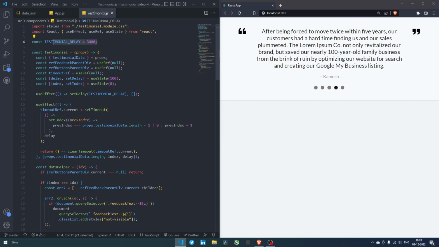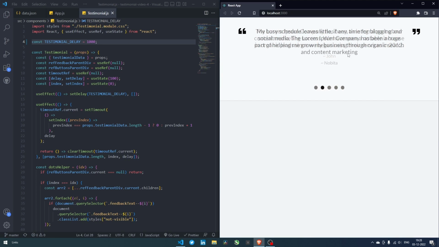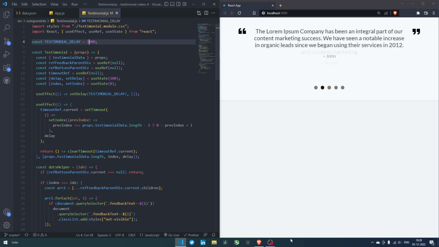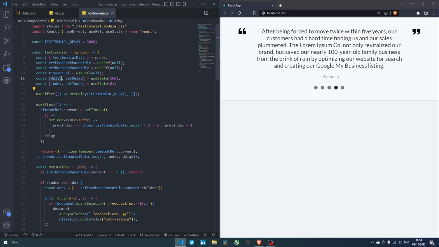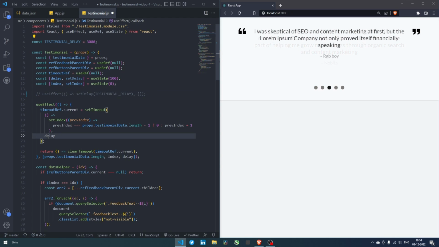We have a global variable. If I change this to 1 second, it should be changing really fast here. Okay. So first this line runs. This useEffect sets a delay state using this global variable. So this delay state is then used by another useEffect. So if we don't do this and if we directly use this 3000 here, we don't need this here, and